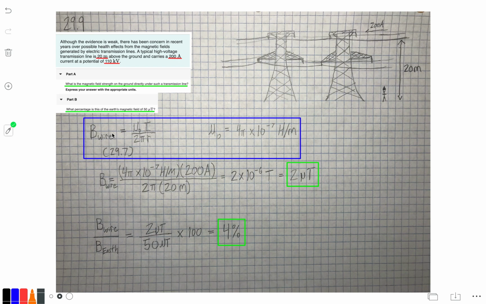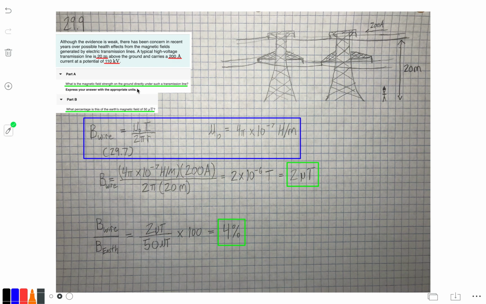So getting into the problem, all we really have to do is just kind of plug and chug for this one. Once we have that magnetic field of a wire equation, it's really not too bad. There's no unit conversion in this, but when we get to the end here, we can go ahead and simplify our answer for Mastering Physics, and because it will help us in the next part of the problem, we can just say that